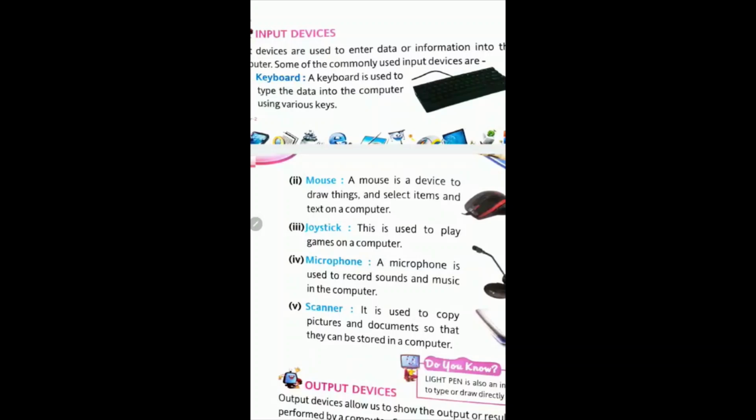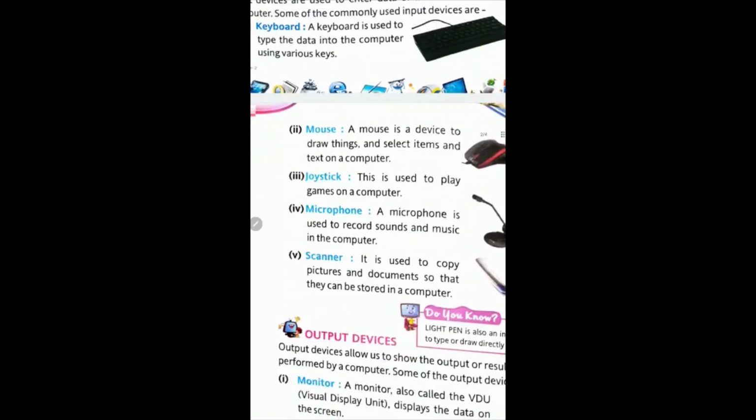Hard copy to soft copy means, as you can see, you have photos and images on paper. And if you want to send any of the pictures from one place to another, how can you send it? It's very easy by using the computer. There is a scanner and we can convert our hard copy of the picture into soft copy, and by converting it from hard to soft, we can send it from one place to another place. So the scanner is a very helpful device for this.